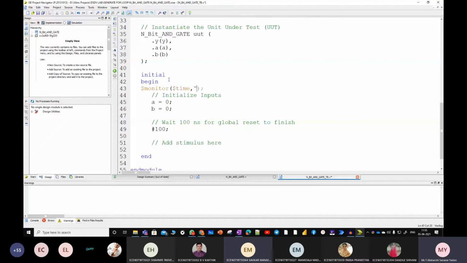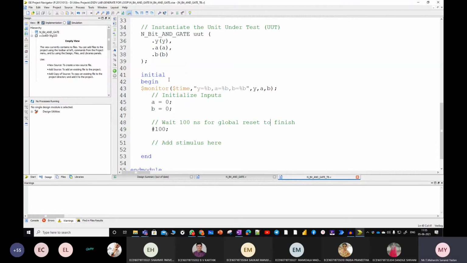It displays the time of simulation. So I want to monitor three values: y, a and b. So y is equal to percent b, similarly a and b.